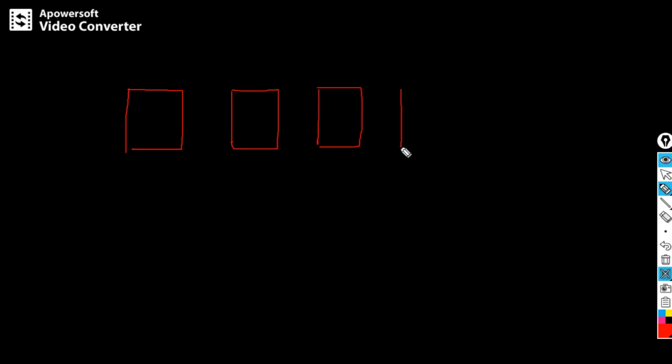So let me draw. Only 4-bit let me draw. This is the first RS latch, right? This is the second RS latch. This is the third RS latch. And this is the fourth one.